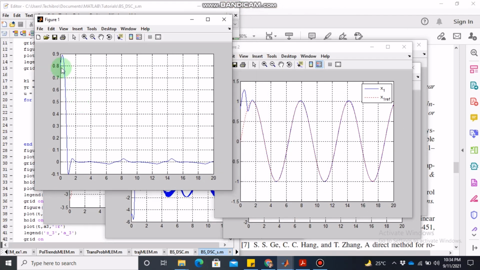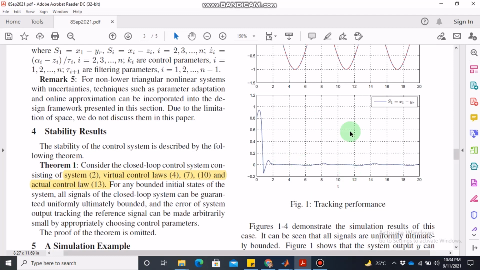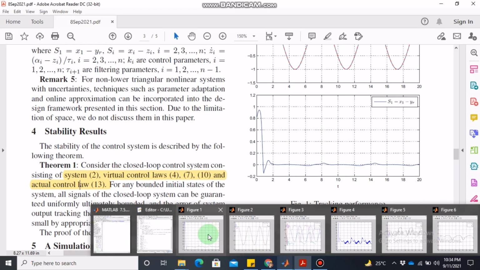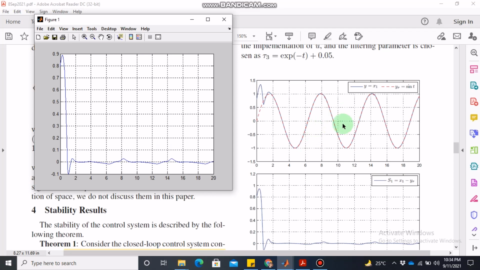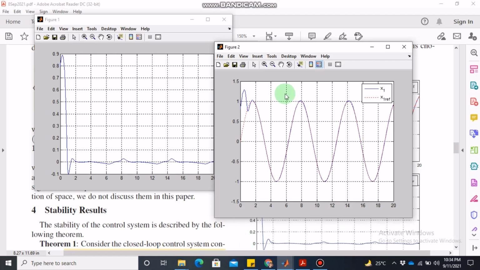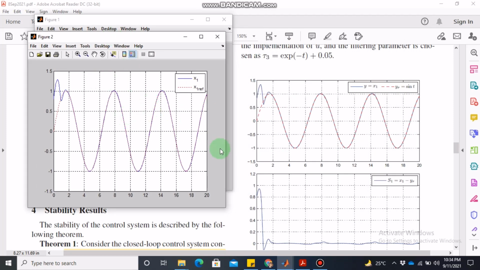This is error. It has gone to 0, just like if you see here in this plot. This corresponds to figure 1 here. So this is figure 1 and this is the plot given in the paper. Similarly, this plot corresponds to figure 2 that we have plotted. So this is figure 2, and you can see that these are similar,